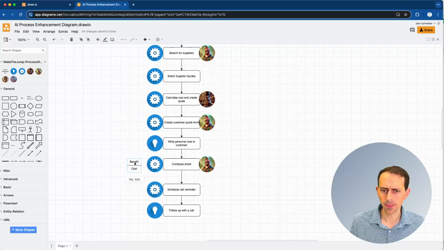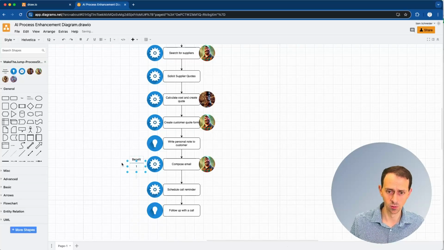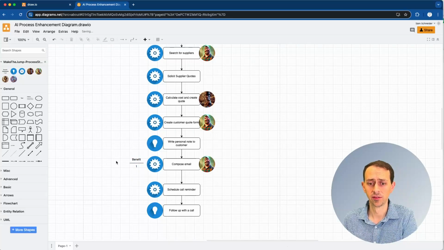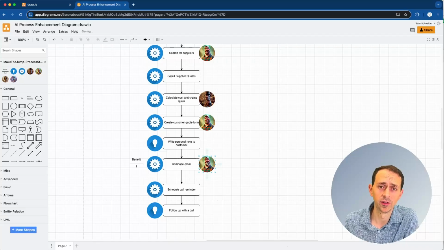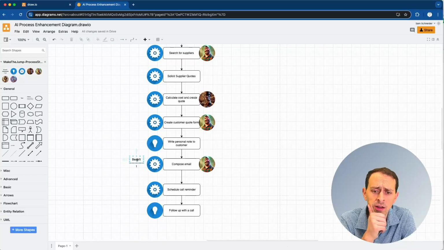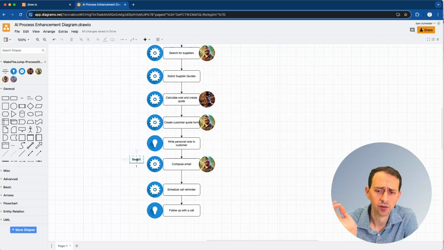So this is one where we're injecting the personal note, and we're going to say cost is a 1 because it's a large language model. These guys are really cheap and they're really good at this type of thing. So the benefit, let's think through this benefit. So let's start with the simplest one always. How much time can we save? Well, we've got,